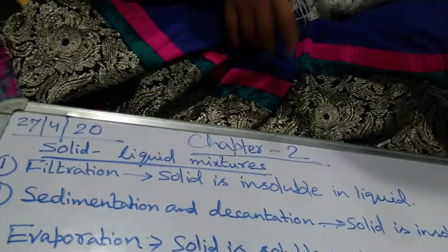When the boiling starts, if you keep on heating and heating, the full water will evaporate, leaving behind the sugar. You will see in the bowl, sugar is there, full water has evaporated. So that process is called evaporation. So you will do it. Okay, so you will know the process of evaporation.